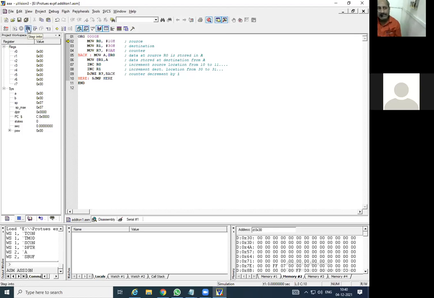Let us go step by step so that we can see the first data has gone, the second data has gone, the third data has gone, like that. So here, run step by step. Here is the Step Into icon.